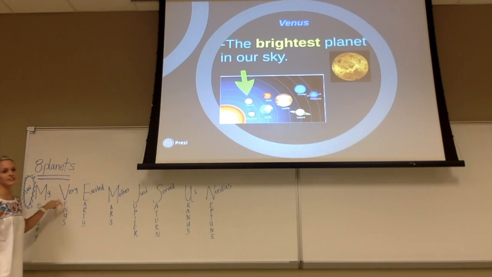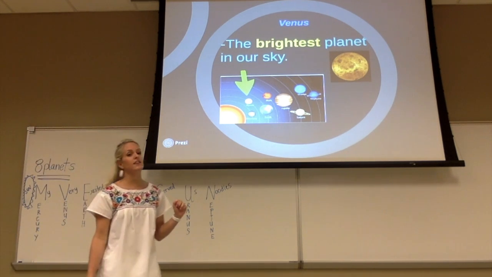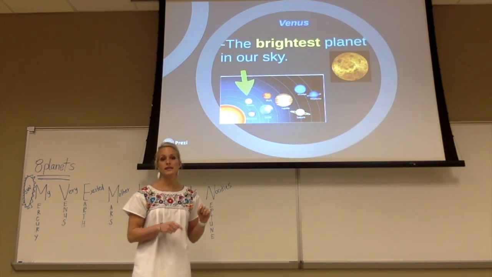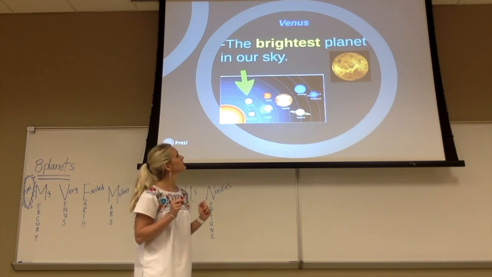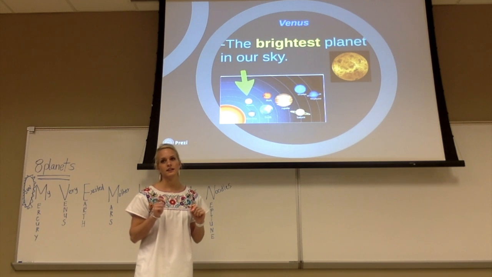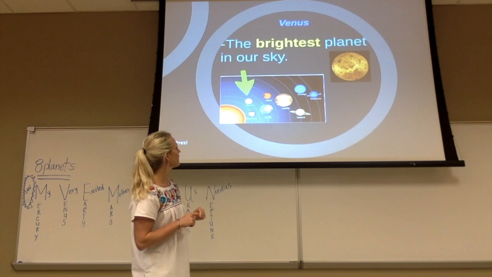All right. So what comes next? My very. What does very stand for? Venus. Good. Venus is the brightest planet in the whole sky. So go ahead and write that yellow word down. Brightest. What is it? The brightest what? Planet in our sky. Good. What do y'all notice about that one? Raise your hand. Yes. It's yellow. Yes. It looks hot, right? Well, what do you